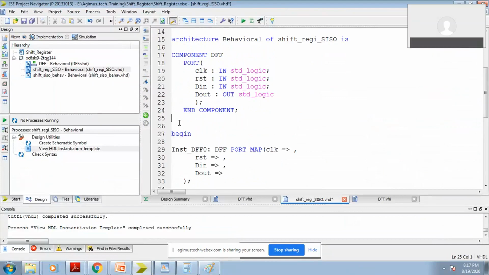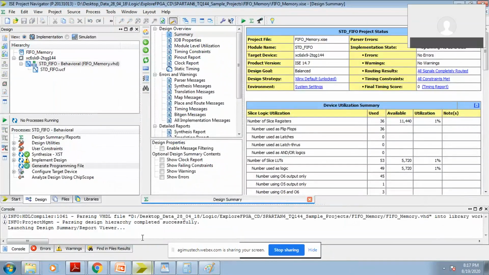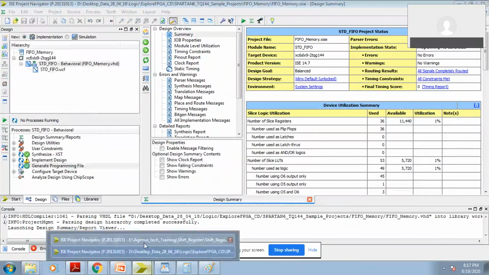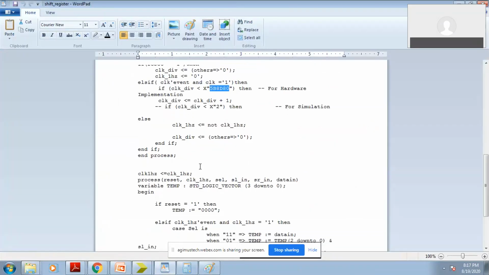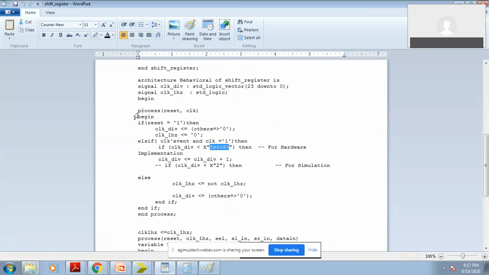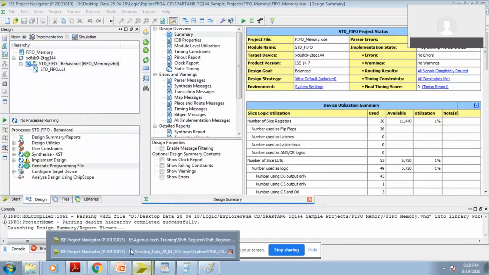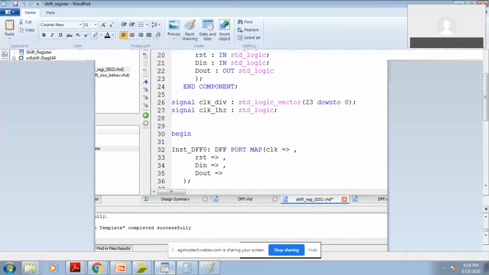So I'll just generate the signal here. I'll just copy it. We already wrote the code for this, so I'm just saving time.